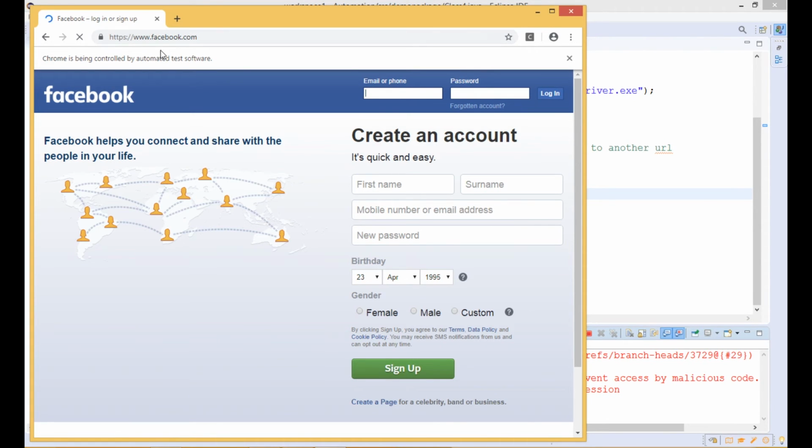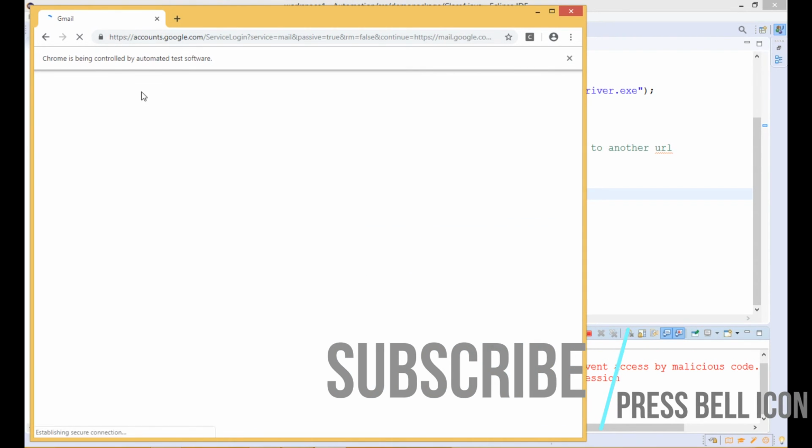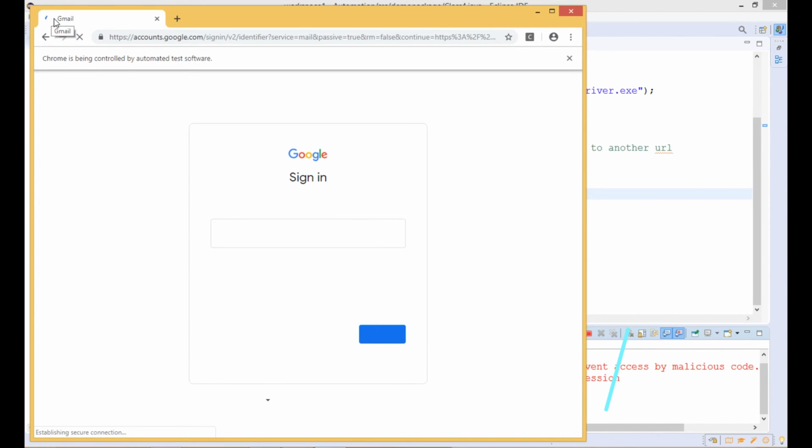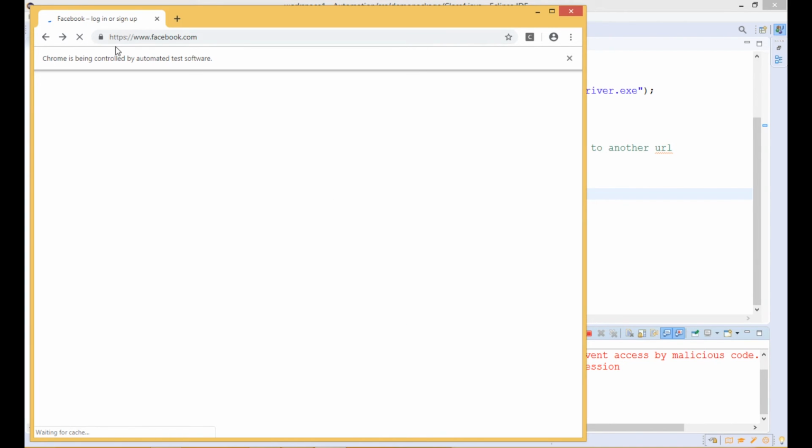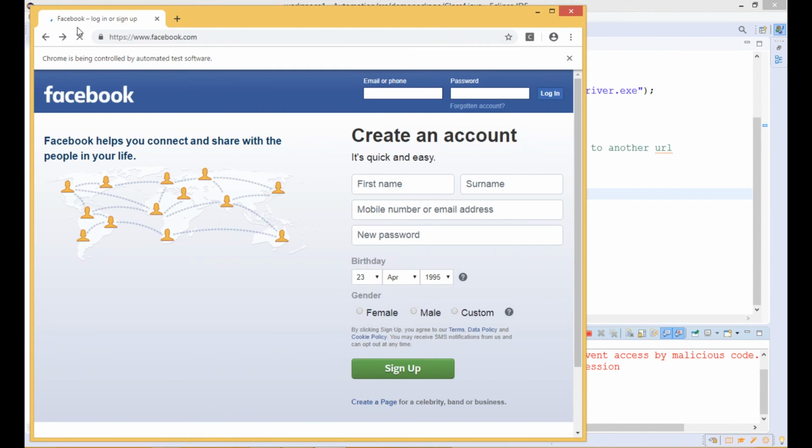It is taking some time. Now as you can see, it is going to gmail.com and the title of the page is Gmail. Once it is loaded completely, then it will navigate back to facebook.com. As you can see, again the facebook.com website is being loaded, right? So our code is working fine.